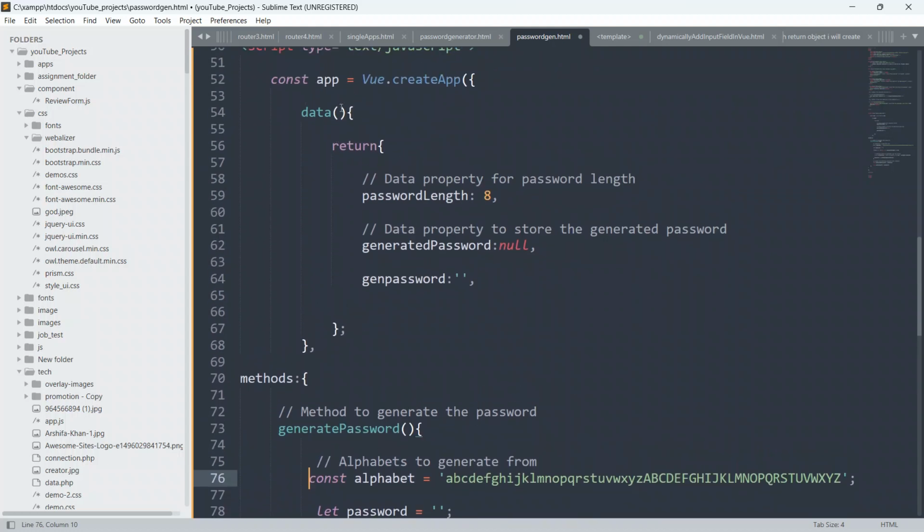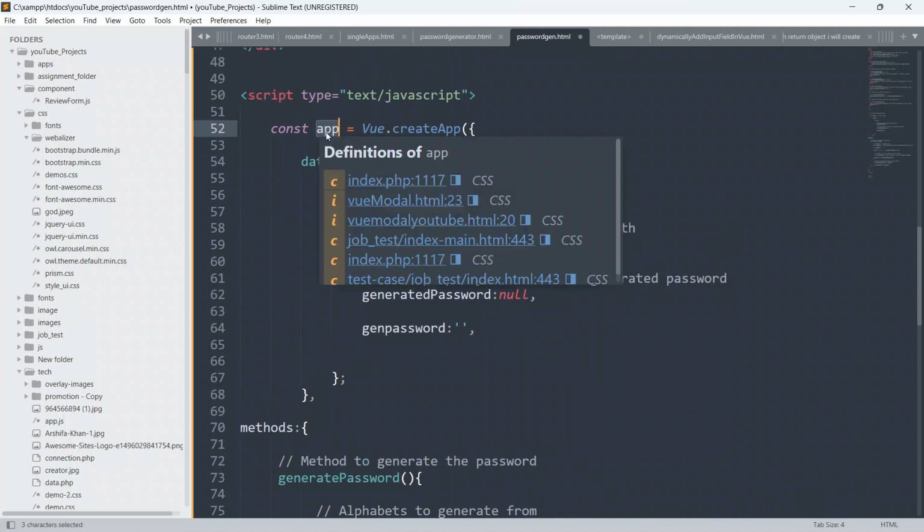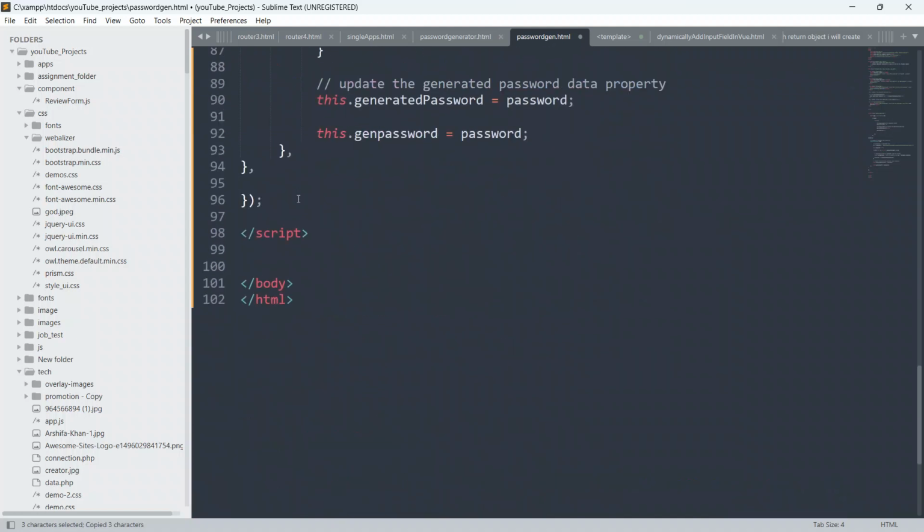Okay guys, I'm forgetting one of the most important things in Vue.js. Sorry guys, I forgot to create the instance of Vue.js. As you all know, we have to create the instance of Vue.js also. So I will copy this app from here, go down and say this dot app dot mount, give double inverted commas, say hash, and give the app also. So guys, in this way we have created our Vue.js instance.